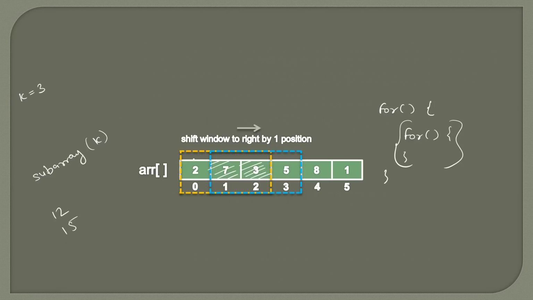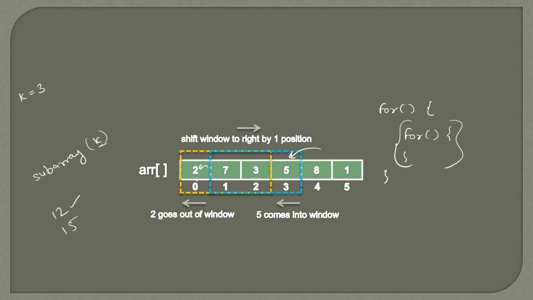Here you can see when the window was here, we did a normal sum because we need at least a k size window. So at the start we are doing the sum normally, 2 plus 7 plus 3, we got 12. Now when this window shifted ahead for the next sum, you can see 2 goes out of the window. So if you see the blue window, 2 went out of the window and 5 comes into the window, because our current window is from index 1 to 3 of size k.